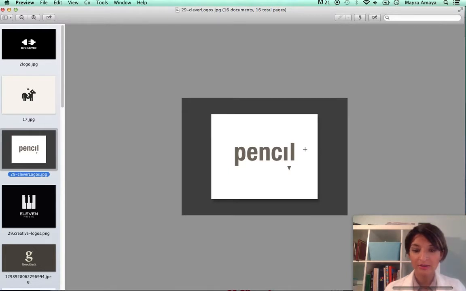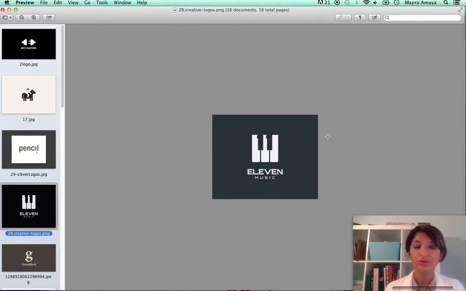Same thing here. This is very clever because it spells out pencil, and then with just adding that little triangle at the bottom, it looks like a pencil. So you just have to experiment and see what you can come out